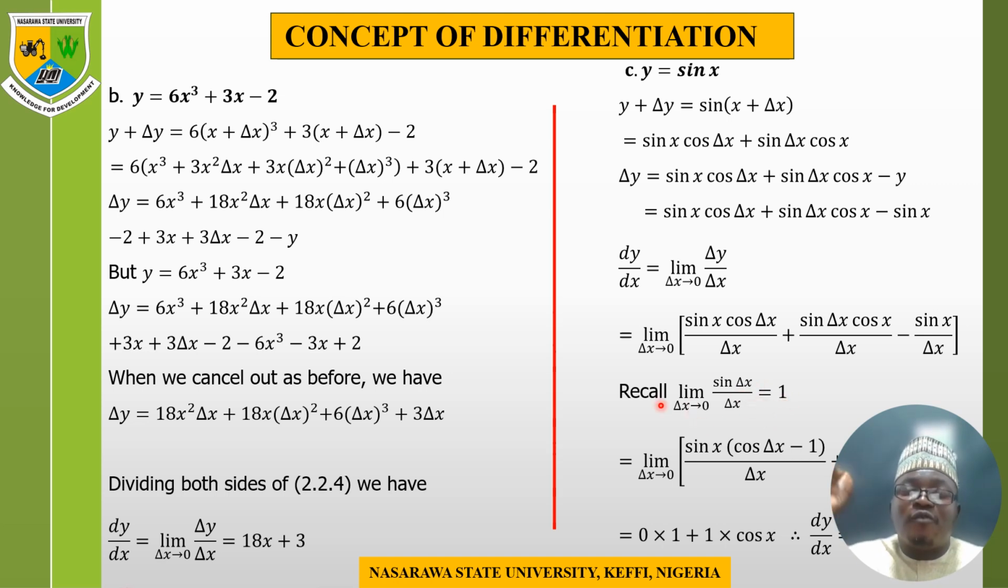Recall that the limit of sine of the increment of x divided by the increment of x is equivalent to 1, because sine theta divided by theta is equivalent to 1. Then when you replace it here, we are going to have 1 as stated here. Then before that, if you look at it here,